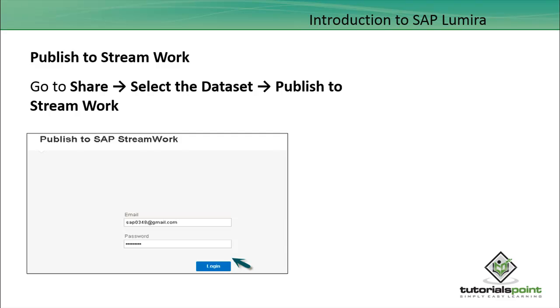So you will go to the Share tab, select the data set, and click on Publish to Streamwork. Here it will ask you for your email ID and the password for the Streamwork. So this is how you can publish your data sets in SAP Lumira to the various platforms using the Share